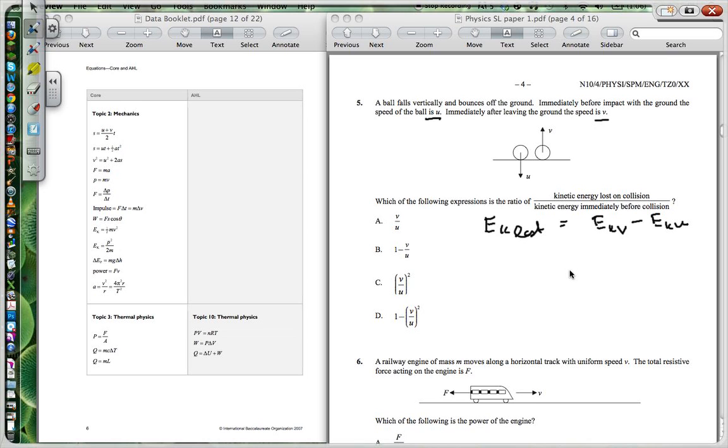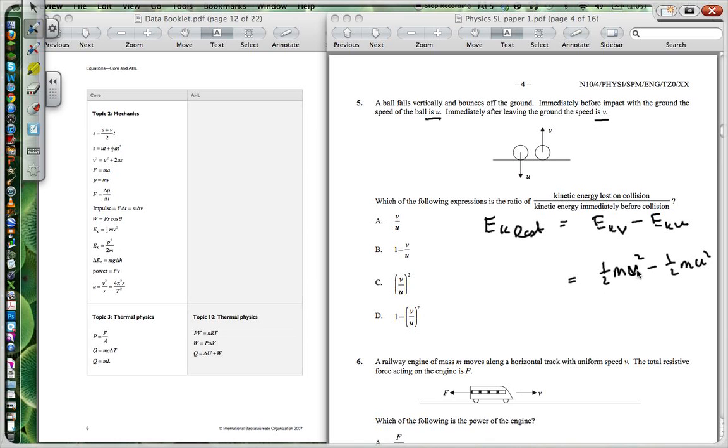So that would equal a half mv squared minus a half mu squared. And that will give you your change in kinetic energy, that will give you the loss in the collision, your final minus your initial, or your initial minus the final. Probably, when we're talking about loss, because we're going to have more kinetic energy before,